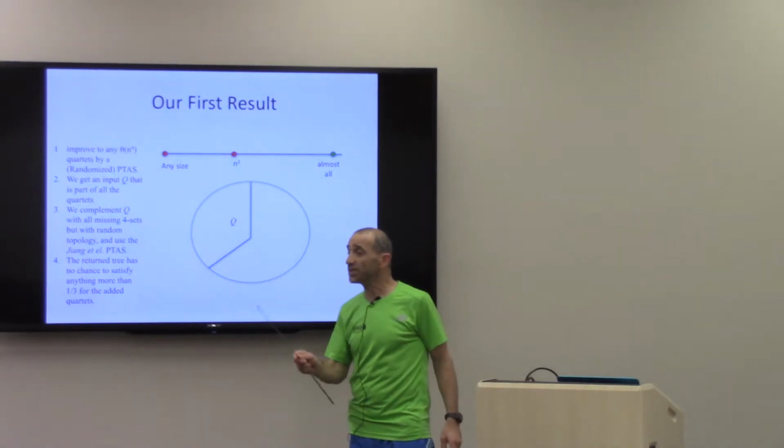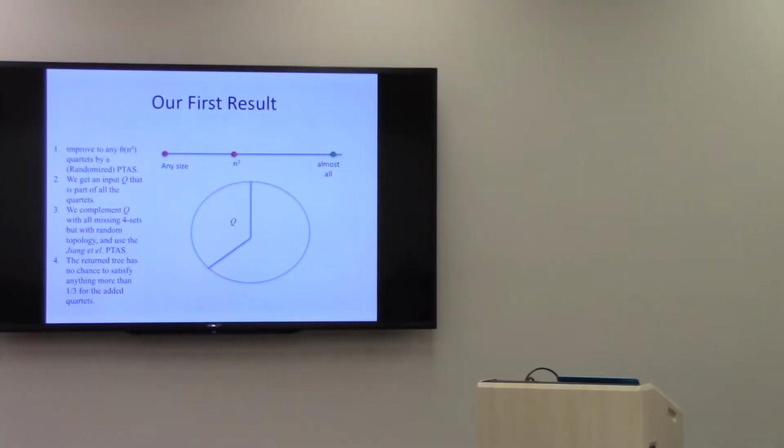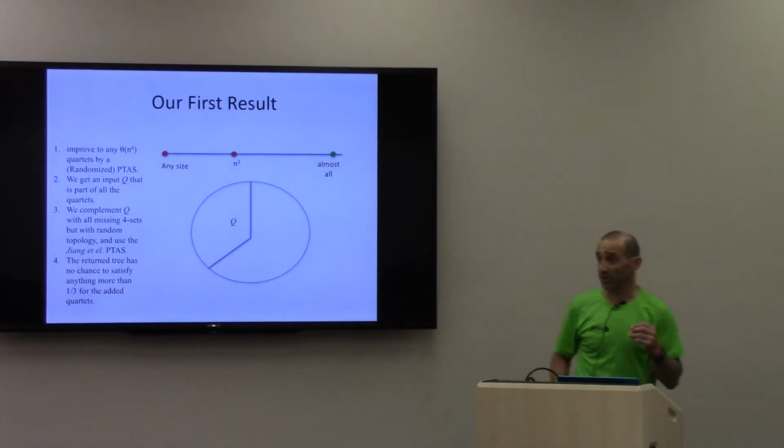No. If they are consistent, then it's a special case that you have. For instance, 1 and all the guys, okay? So when you have 1 and all the guys, you can just treat the quartet. You remove 1, and you have here 2 versus 3 and 4. So you can do that for all the guys. When you have all the quartets, you can easily check if they are consistent, and if they are consistent, you take 1 outgroup and you do it like rooted triplets. So they by definition need to be inconsistent.